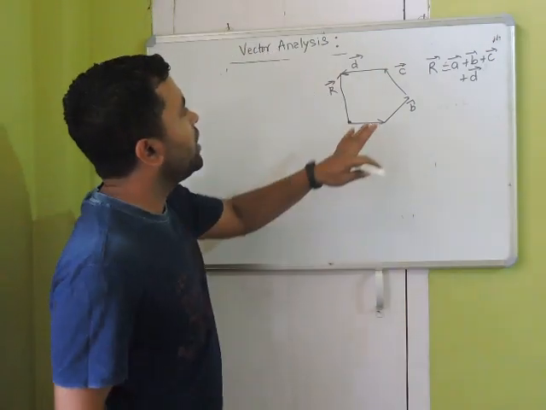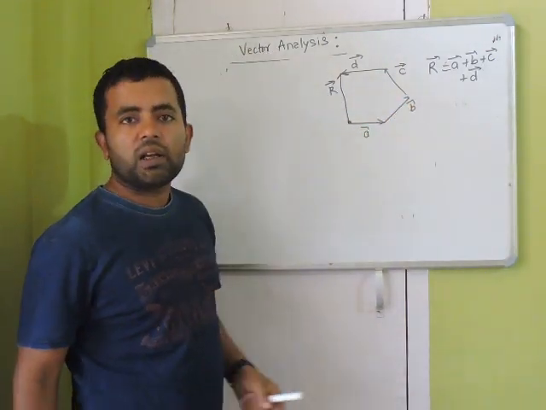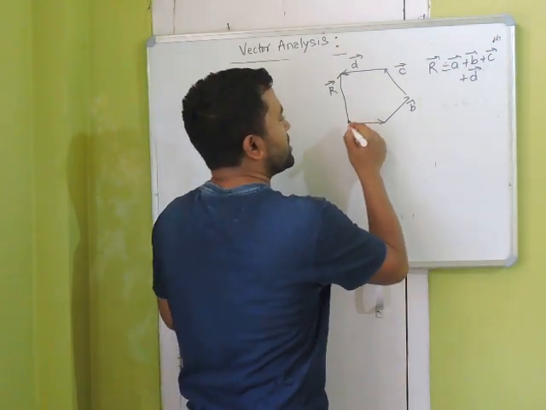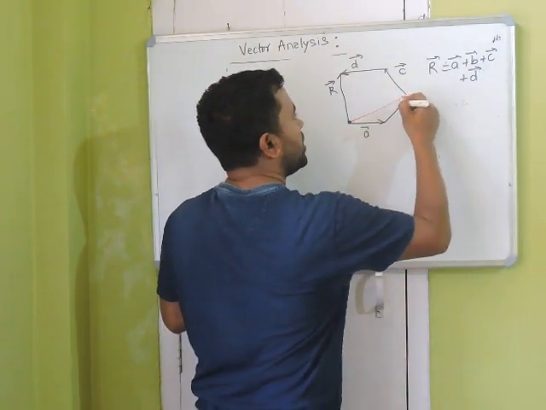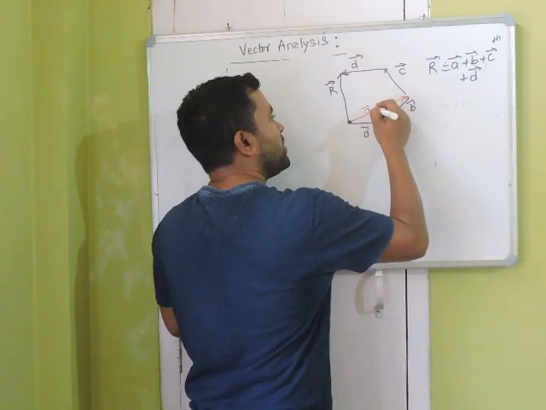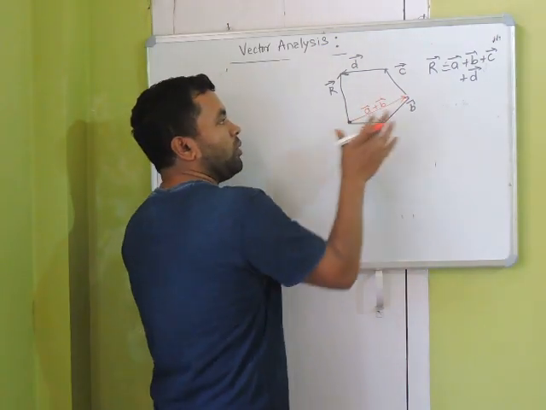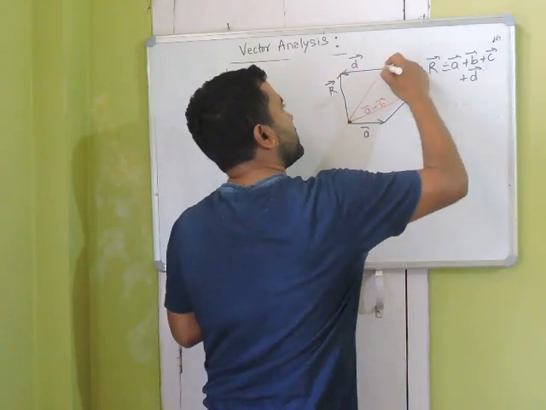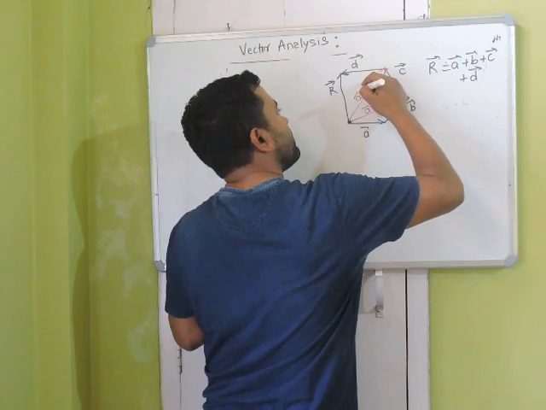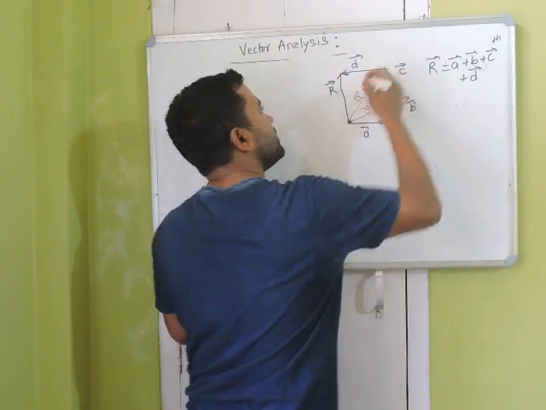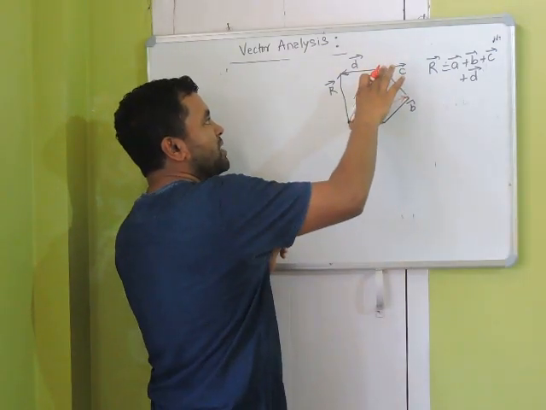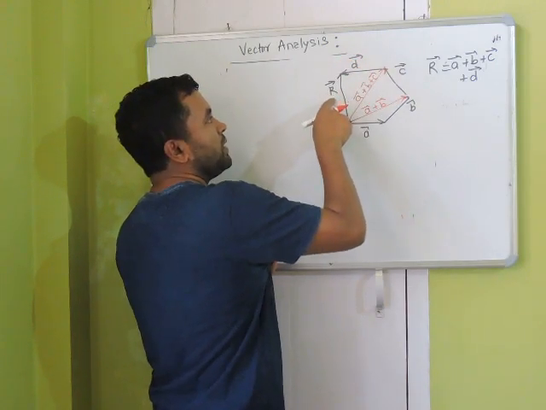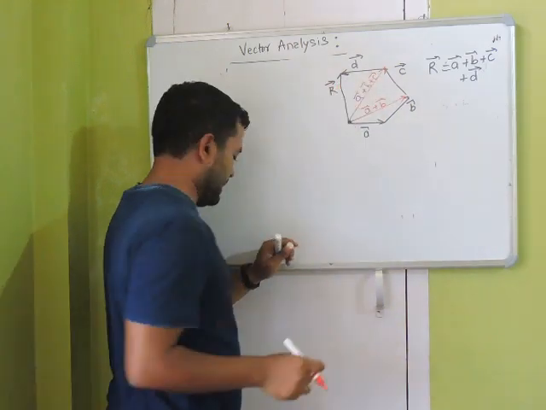Okay, now we can arrive at this result using triangle law also. Now just see, so this is A, this is B, so from triangle law this will be A plus B. Now forget about this AB, this is one vector, this is one vector, so if I add them, this will be A plus B plus C. Now if I add A plus B plus C to this, then you can see the resultant will be A plus B plus C plus D.